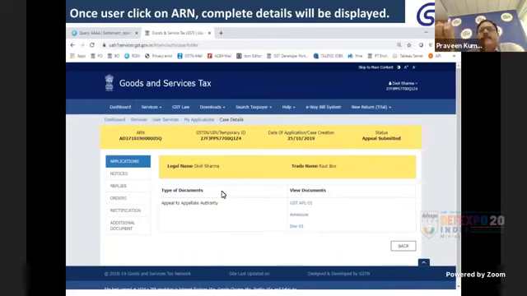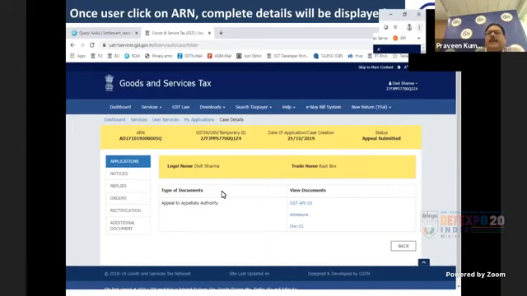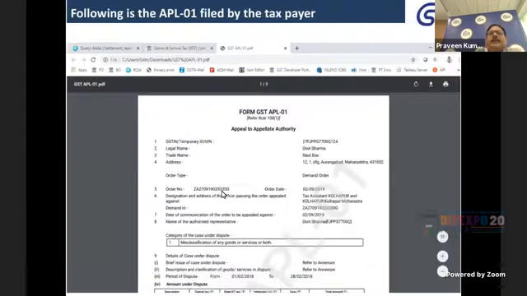So here you can see that it will show you the appeal to the appellate authority, appeal 01 and the document 01, with the status that appeal is submitted.